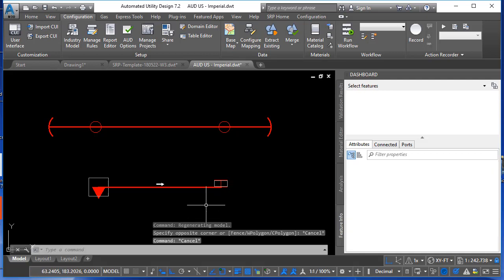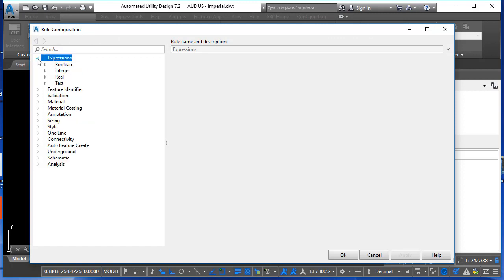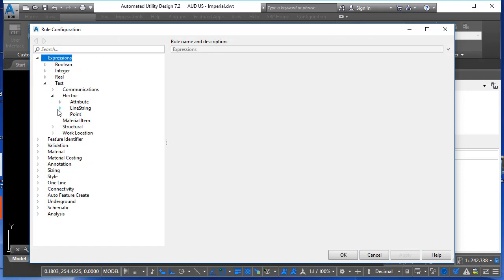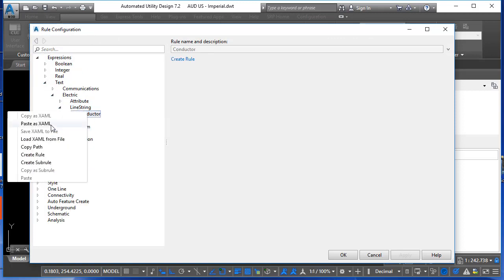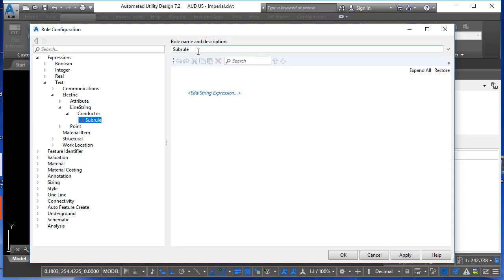And in the next couple of minutes, you'll see why it's better to use this field for identifying components instead of creating your own custom fields. Now let's define a couple new expression rules. Under text expressions for conductors, I'll add a new subrule. I'll name this rule ID start because it's going to evaluate the identifier of the device at the start of